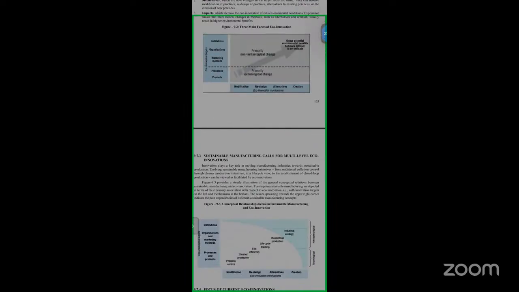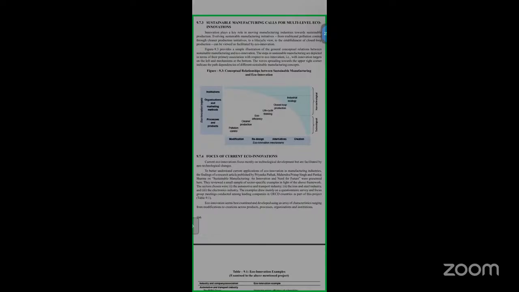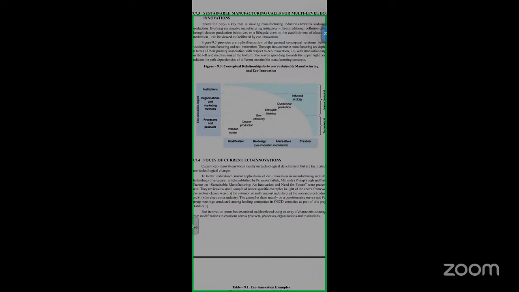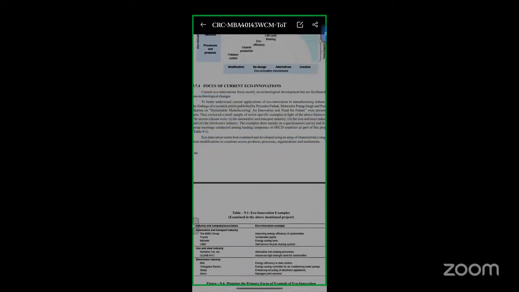Next is sustainable manufacturing calls for multi-level eco-innovations. Here, if you look at your conceptual relationships between sustainable manufacturing and eco-innovation. Eco-innovation targets, here again, as we know, the institutions, organization, marketing methods, process and products, and eco-innovation mechanisms, modification, redesign, alternatives, and creation. And under that, eco-innovation mechanisms,